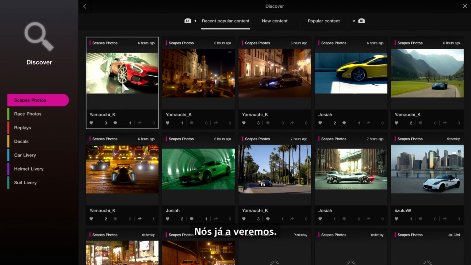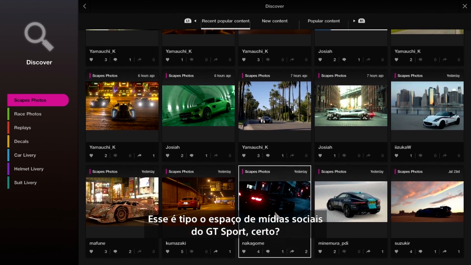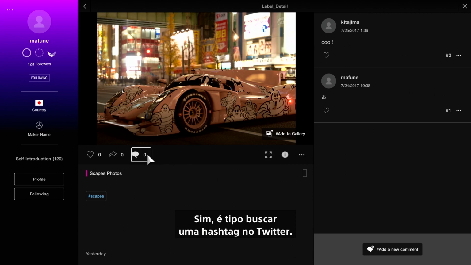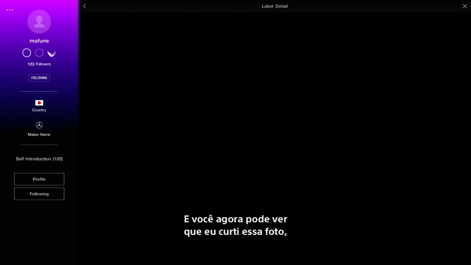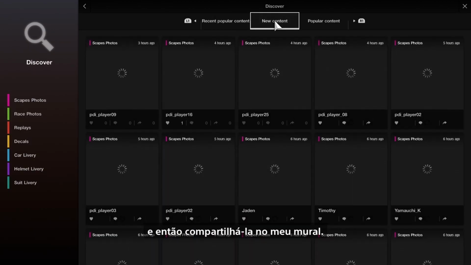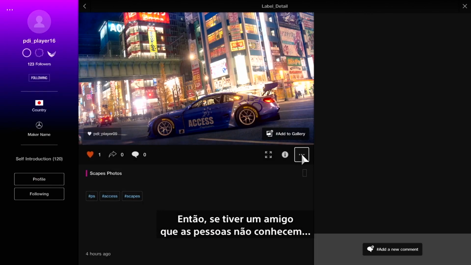We'll come to that. This is the kind of social media space in GT Sport, right? Yeah, this is basically like searching a hashtag on Twitter. That's the best way I can describe this to someone. And you can see now I've liked that picture. I could leave a comment on it. I could share it to my wall. So if this was a friend's picture...